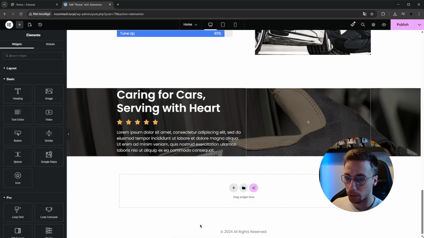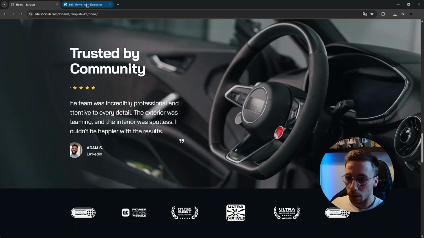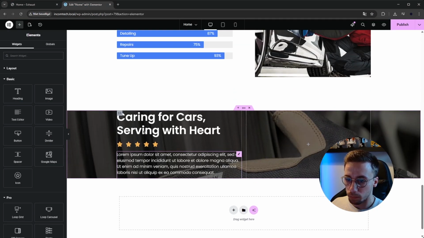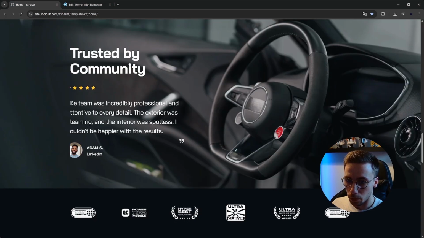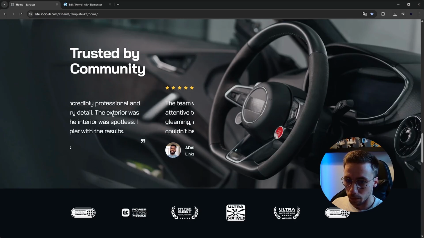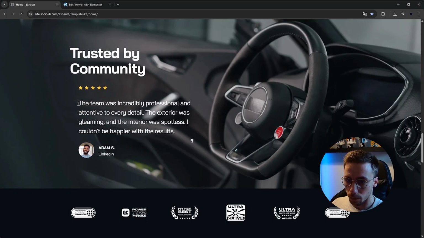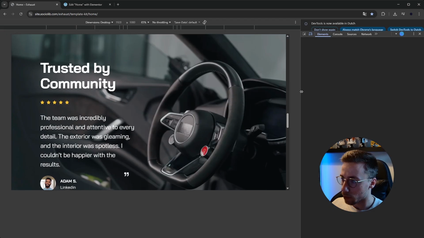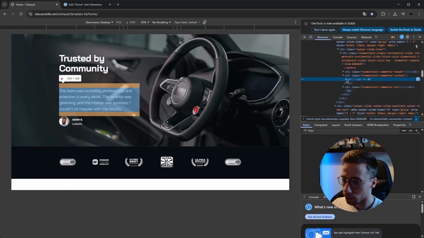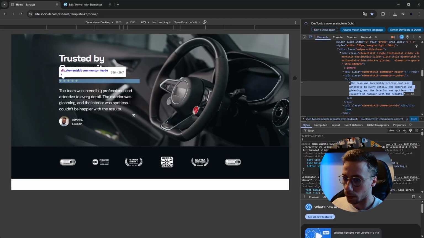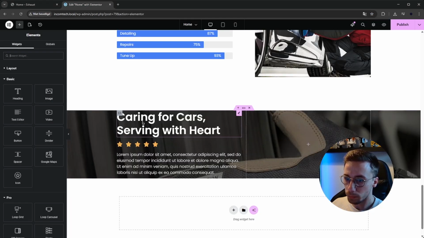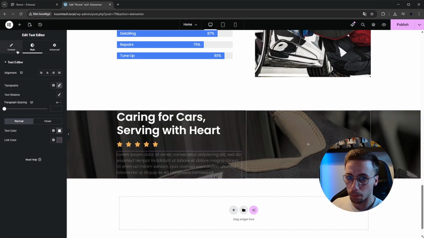Yeah, I'm just gonna remove it like that. And this is a quote, right? So I'm just gonna, can I inspect this to copy the text? Yeah, I can. I'm gonna go ahead,